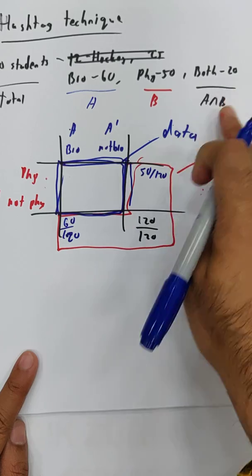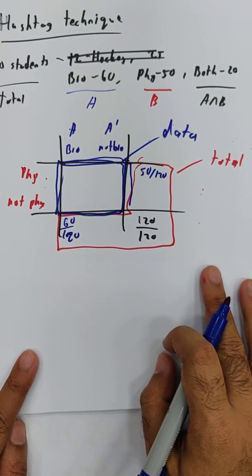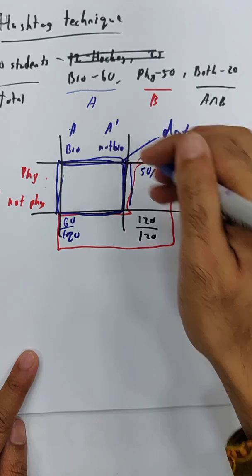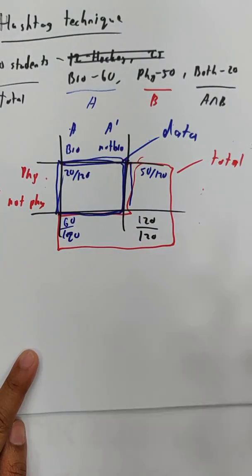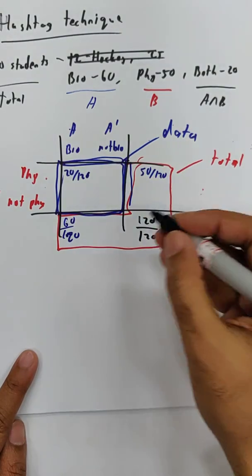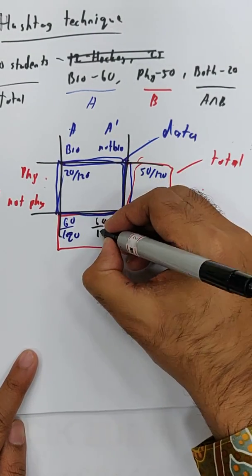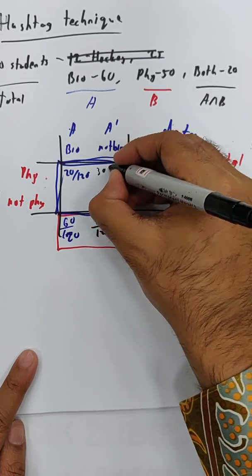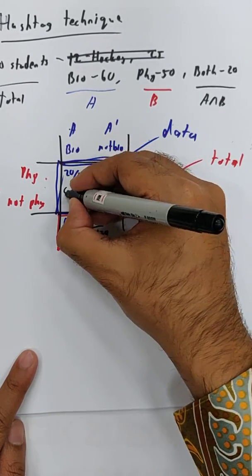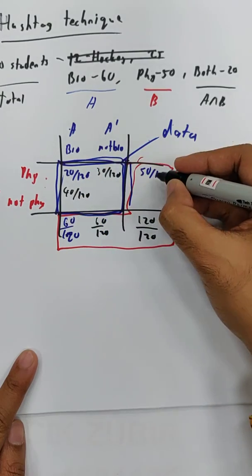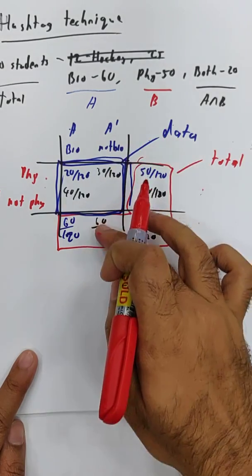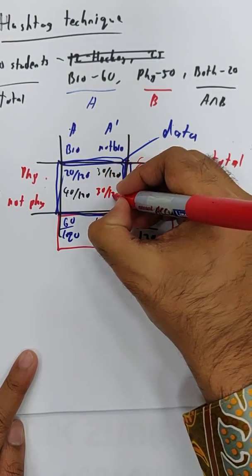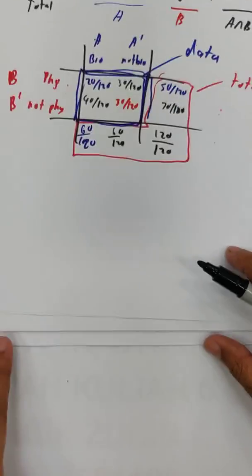And I know this one, both, A intersect B. I write it down over here, biophysics. 20/120. And then we can fill in the blanks, which is not that difficult. 60/120. This is 30/120. This is 40/120. This is 70/120. Just simple arithmetic. And this one here, 30/120. And from here we can have all sorts of questions which are easy for us to figure out.